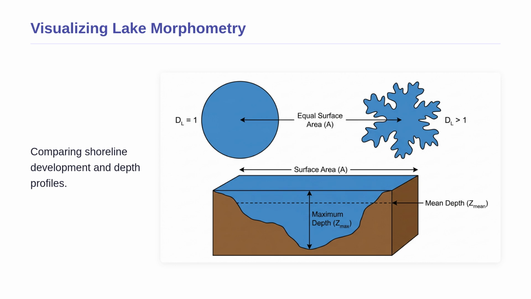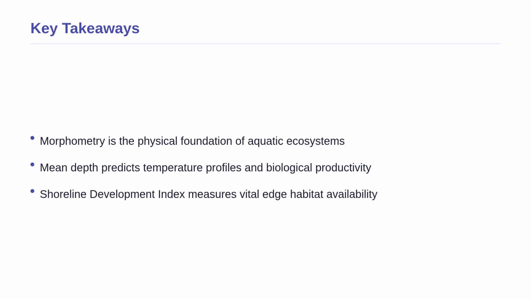Below that, a 3-dimensional cross-section of a lake basin shows the flat surface area at the top, the deepest point labeled as maximum depth, and a dashed line indicating the much shallower mean depth. This perfectly illustrates how the physical bowl dictates the water's distribution. To wrap up our lecture,